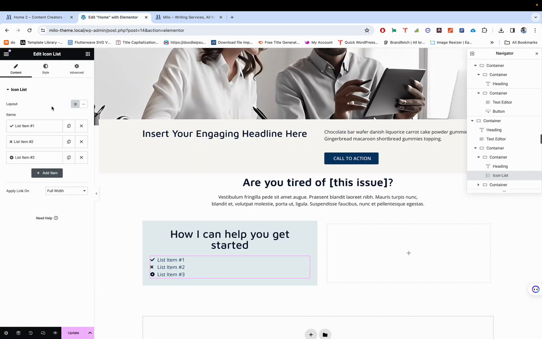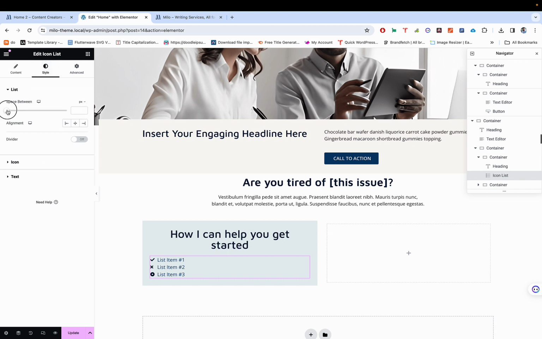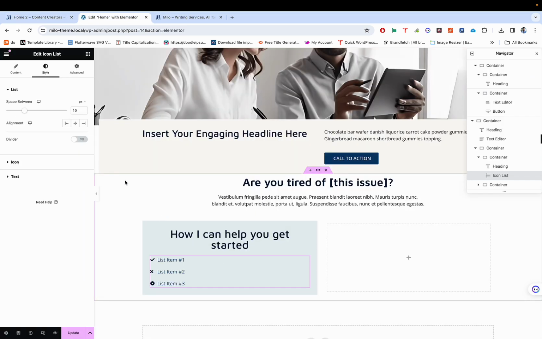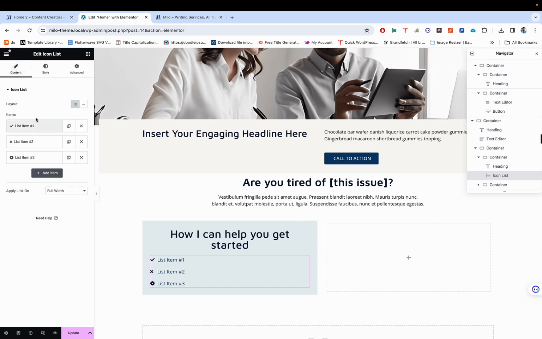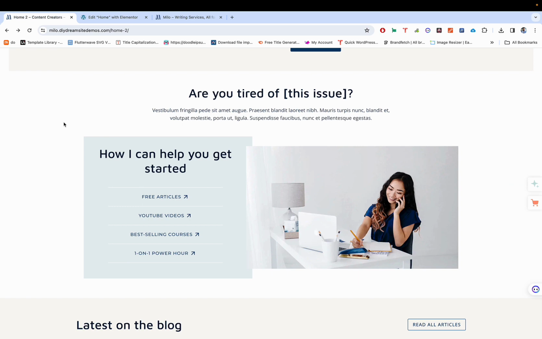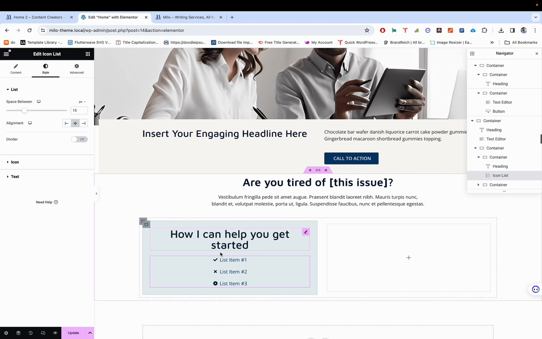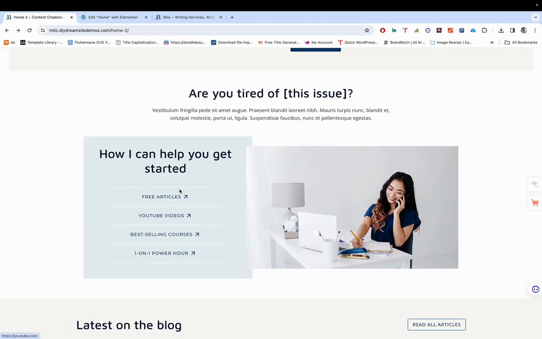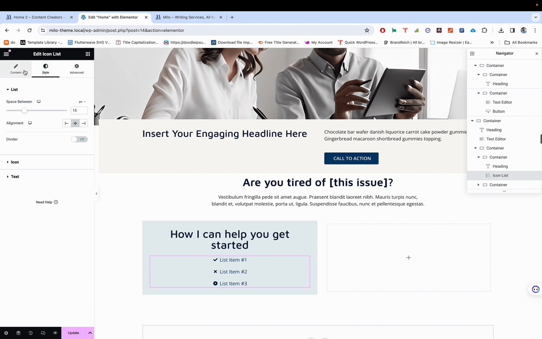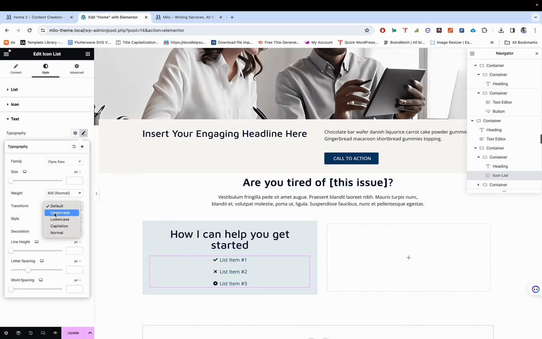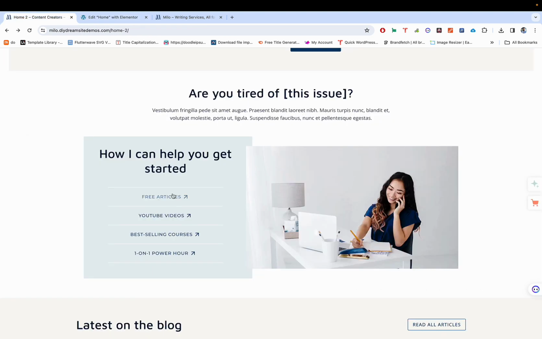So here it is. I'm just going to go to style. I'm going to increase the spaces between these items, right? Give it 15 px is a good idea. Then let's go to alignment. I think these things are aligned to the center, so I'm just going to select this so that the icons, this list can go in the center. What else? I think the text are all in capital letters, so let's set the typography to be transform uppercase. Now yeah,